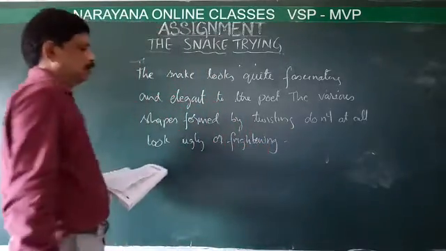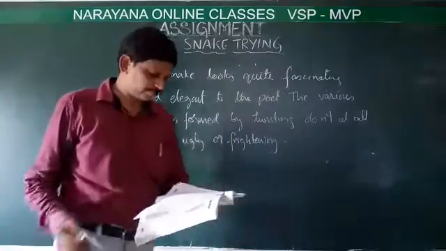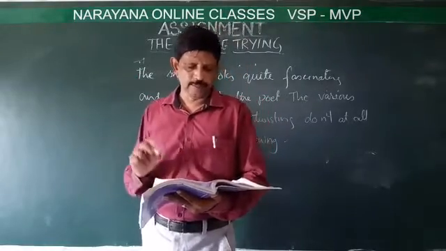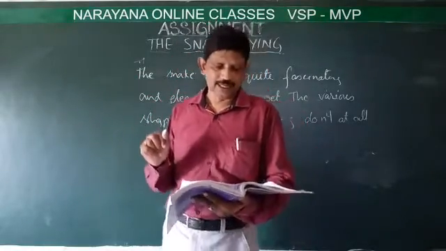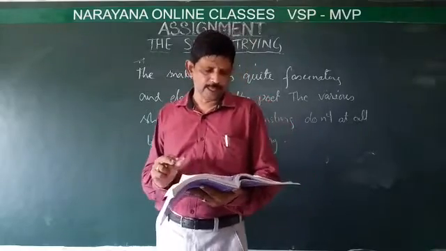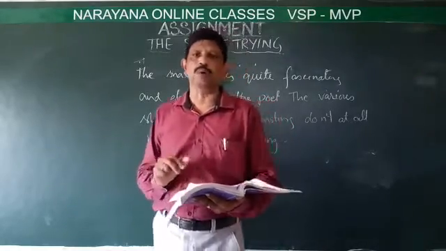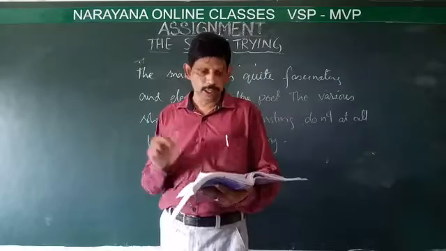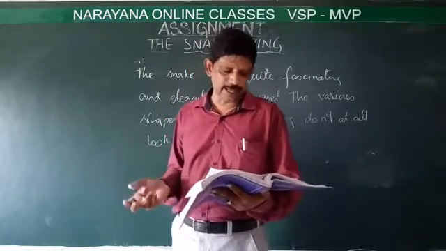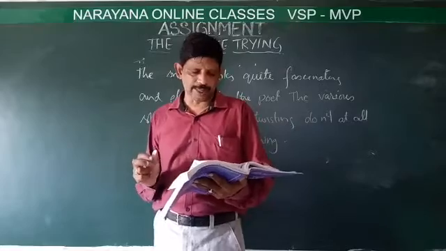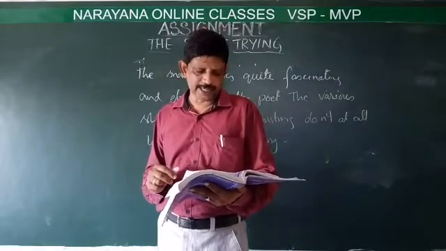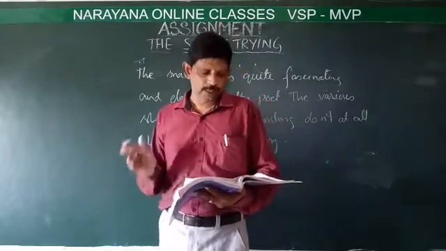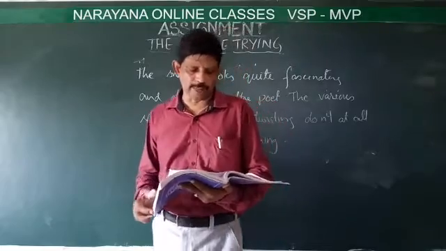Okay. Now let us see the next question. Question number 4. Where does the snake start moving to avoid being killed? The snake starts moving towards the pond to avoid being killed. He glides on the surface of the pond water to reach the bank on the other side, which is slim and reed like the snake's body. Here he can easily camouflage himself and avoid being detected and killed.